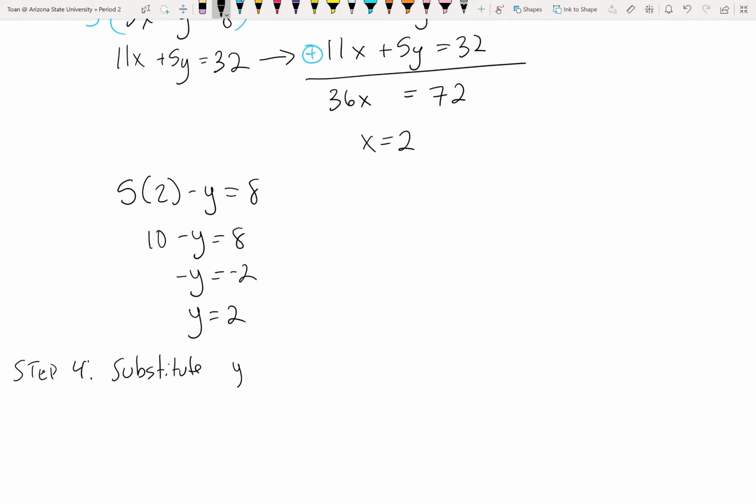Substitute your 2 numerical results into any of your original